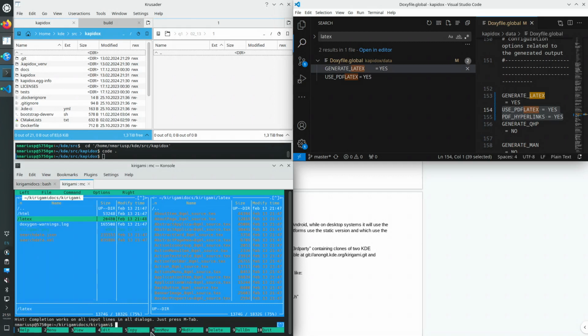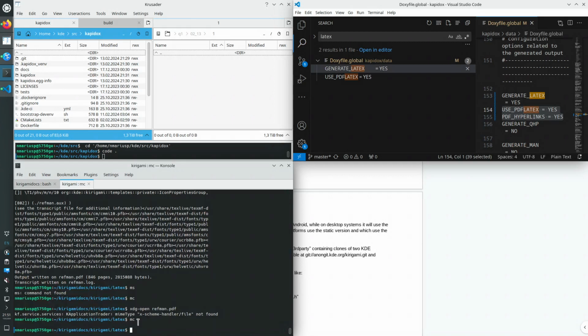And in there, we need to generate the PDF, which is done using the GNU make command. So this took a while, and then the generated PDF file is called refman.pdf, so reference manual.pdf, which I'm going